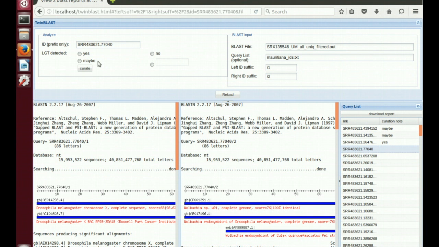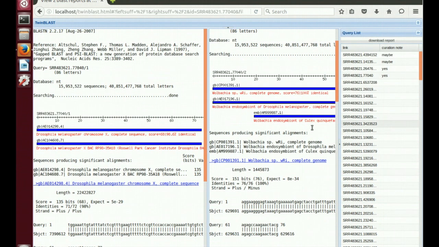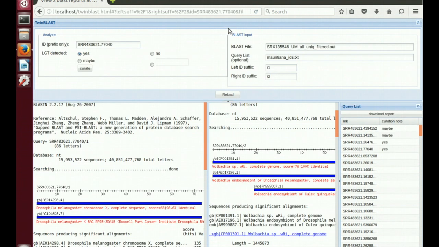We also have a curation interface, and you can see we can track notes on the right side here. Let's say we do think that this is an LGT event. We can say yes, click Curate, and you'll see that this has been updated. Also notice how everything can be stretched, collapsed, or expanded using either the arrows or the bars that separate each